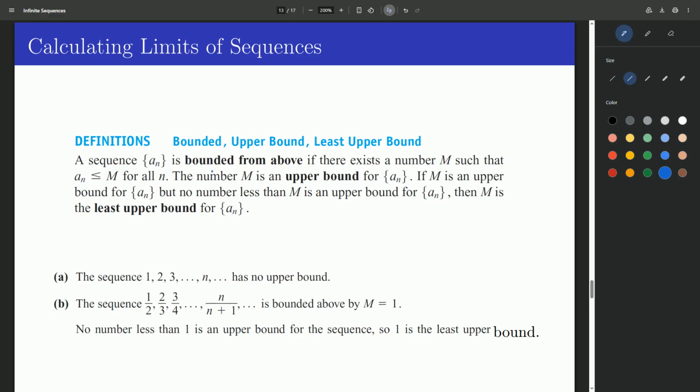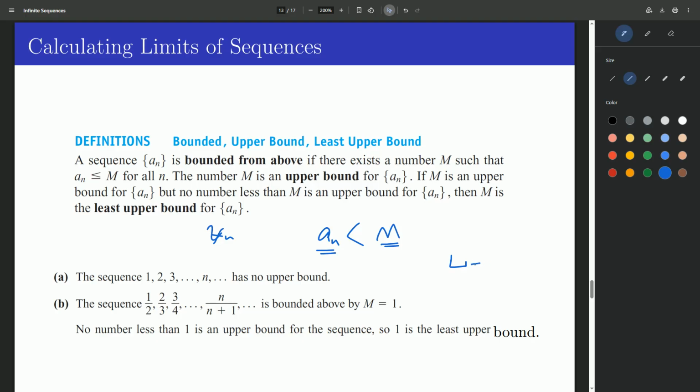We call a sequence bounded from above if all terms of the sequence are less than m for any n. All terms are, this is an upper bound. And the smallest value for m, that all terms of the sequence are less than, is called the least upper bound. The smallest value or least upper bound means if L is the least upper bound, if I go below